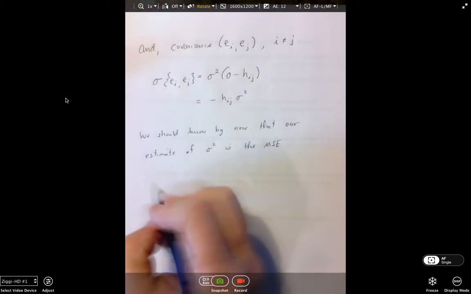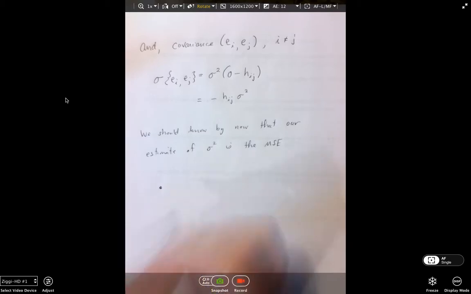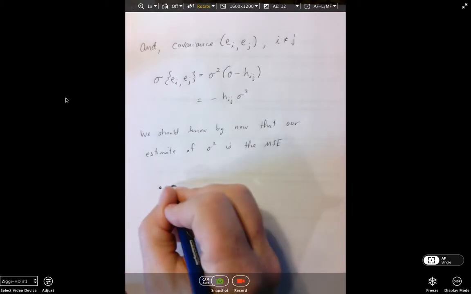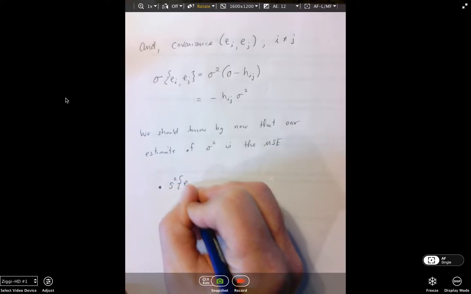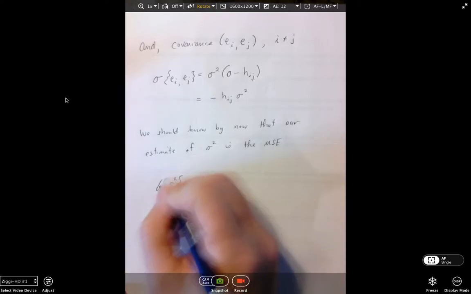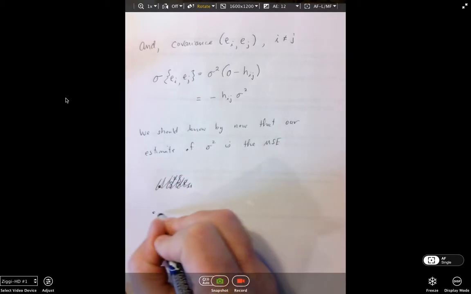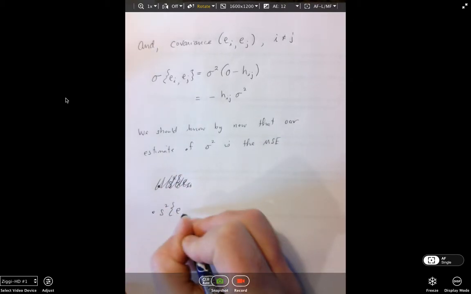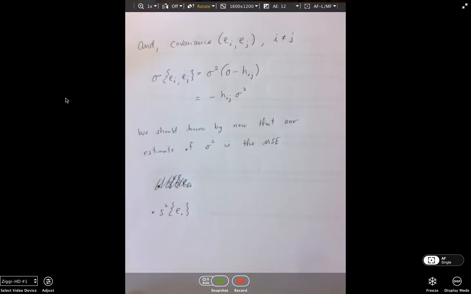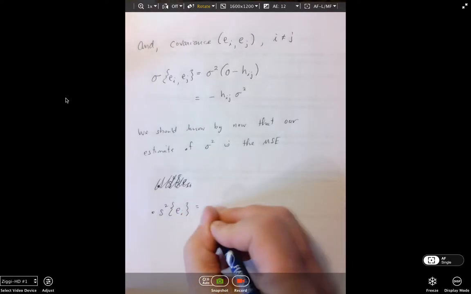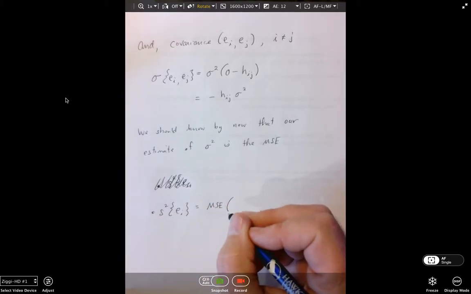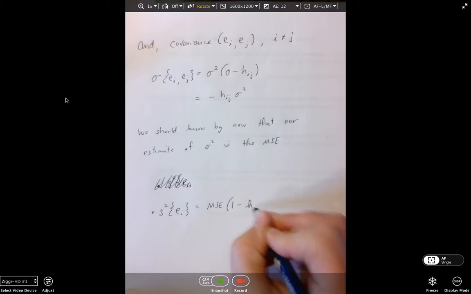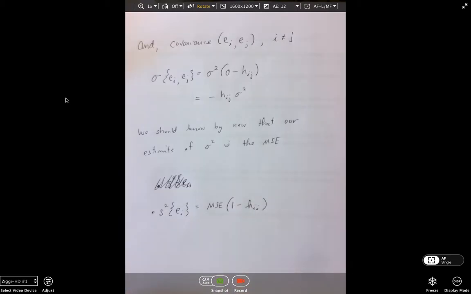So putting this all together in a compact fashion is really going to be helpful to us. We can say that the variance of a particular error is going to be equal to the mean square error times 1 minus HII, which again is the diagonal on the hat matrix. And the covariance